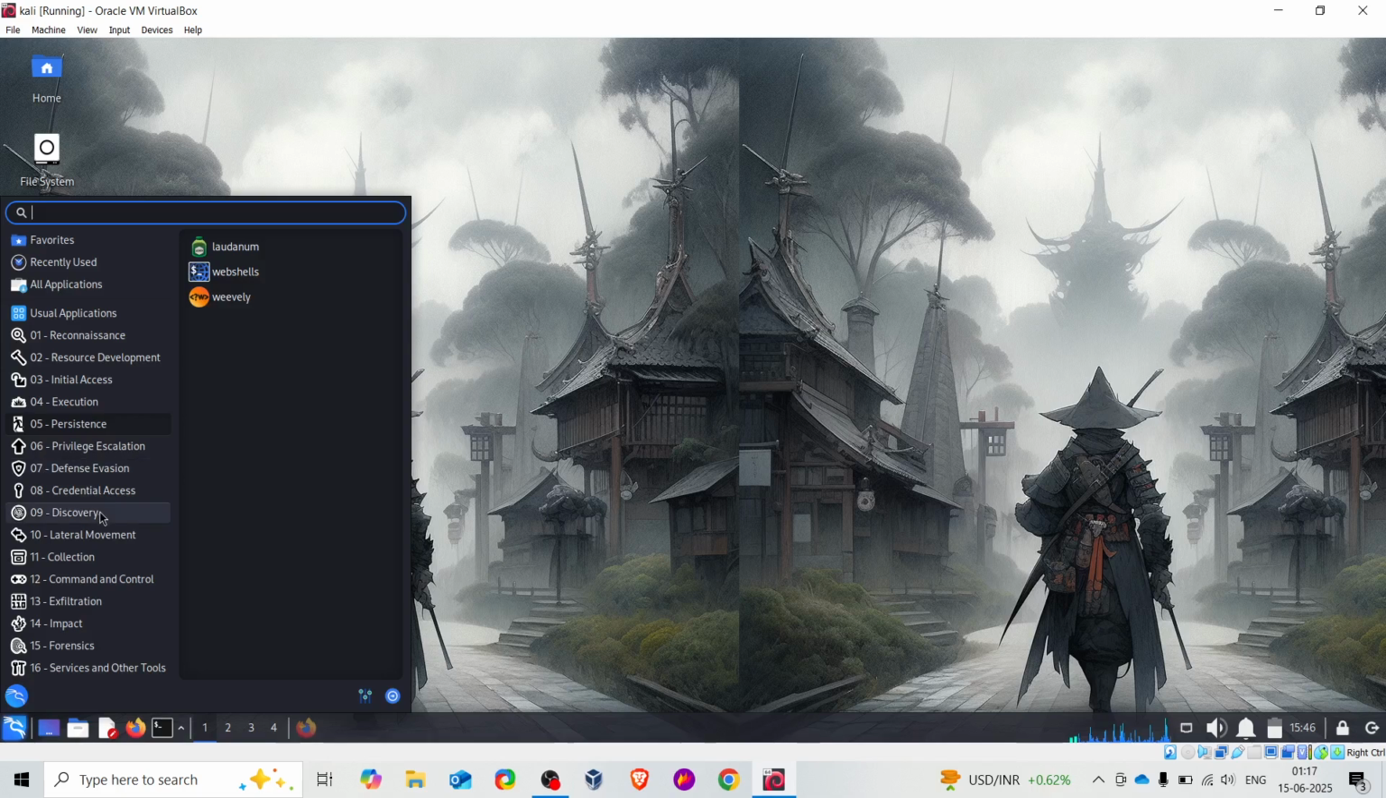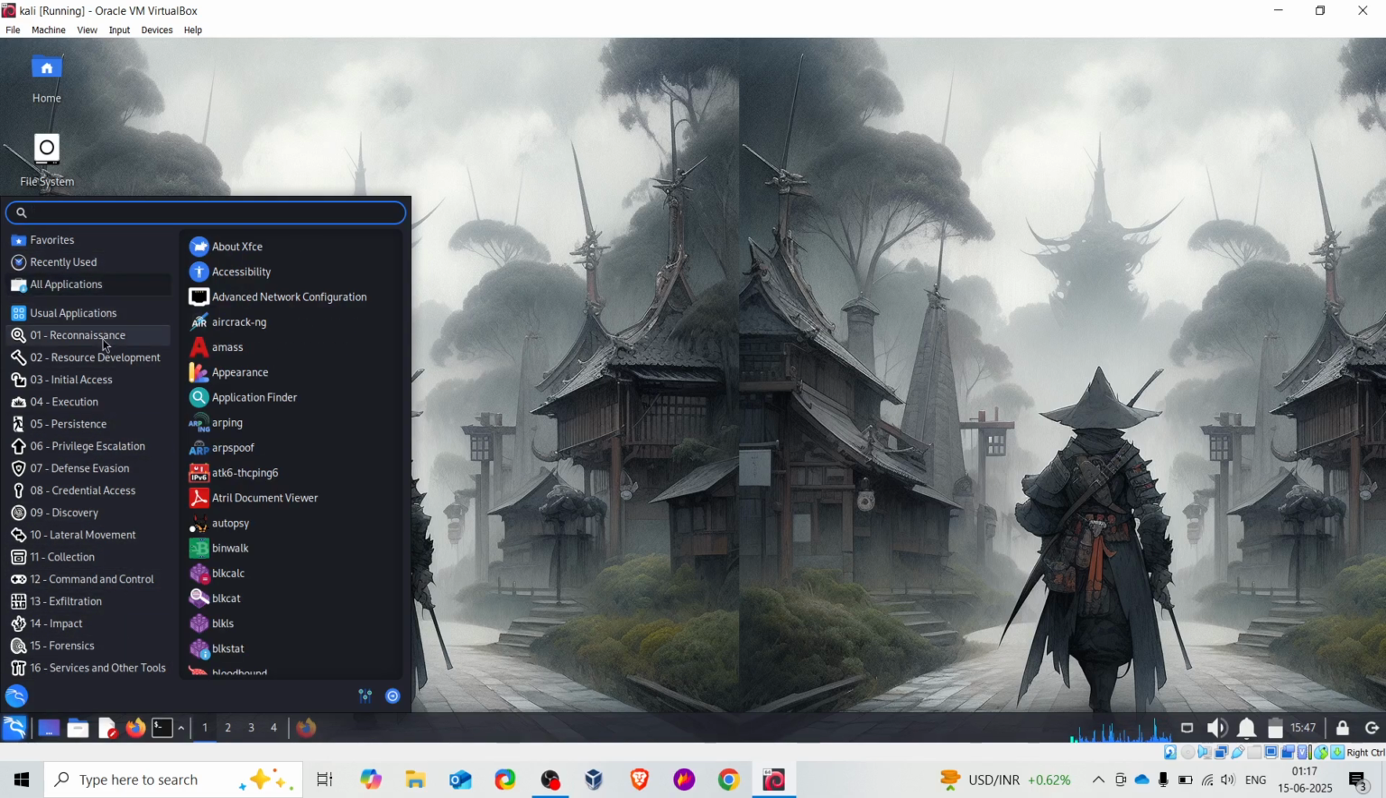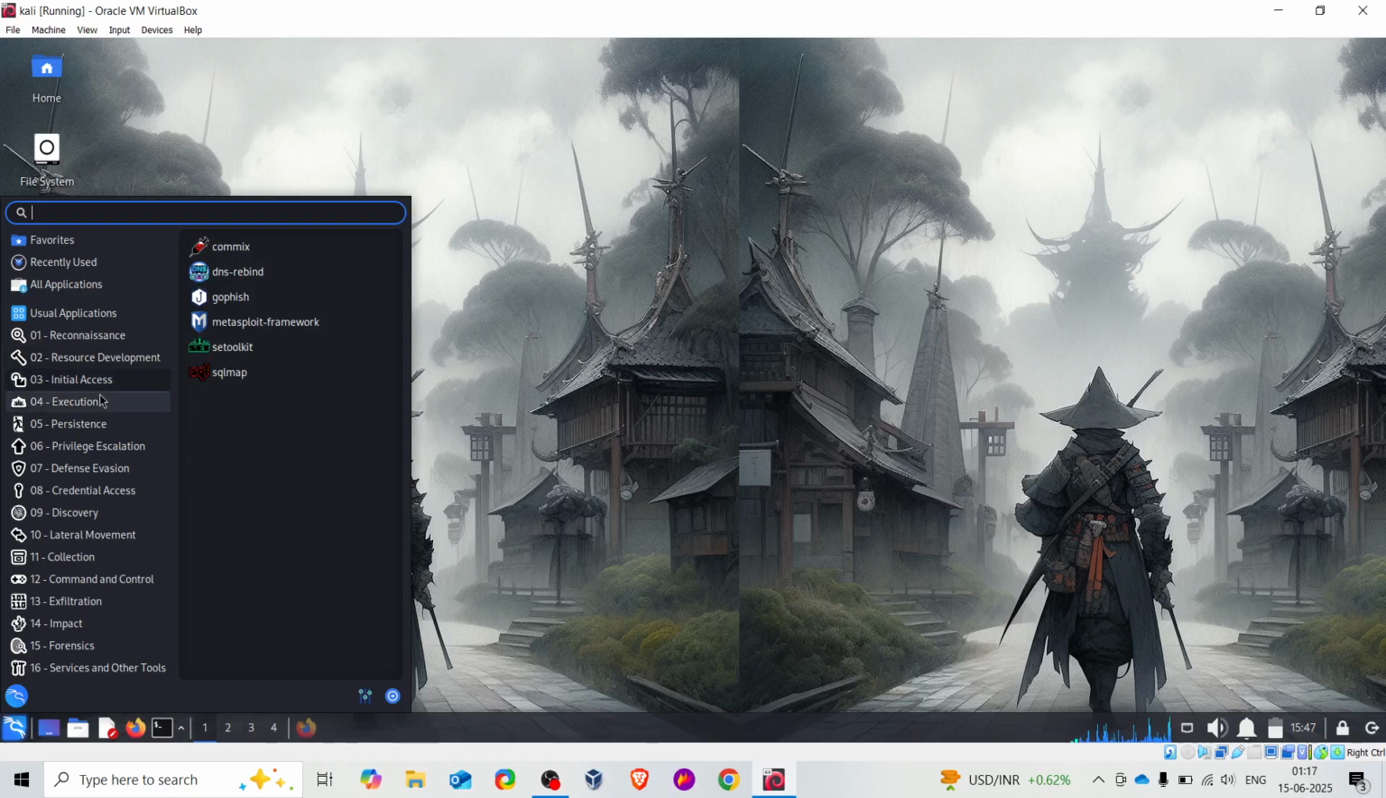All these tools are freely available, all these are open source. You don't need to pay anything for all this, but you should have a good knowledge of reconnaissance, initial access, execution, persistence. Basically everyone knows about persistence. If you crack or compromise any system, then you should also have good knowledge of